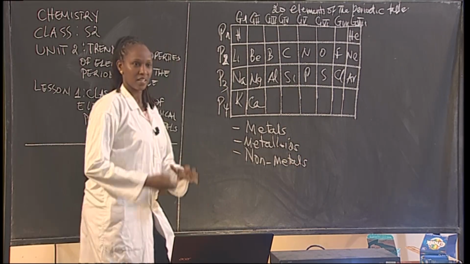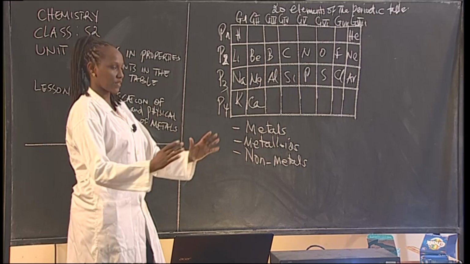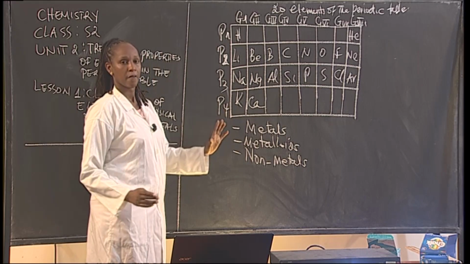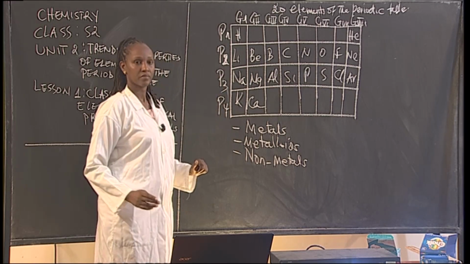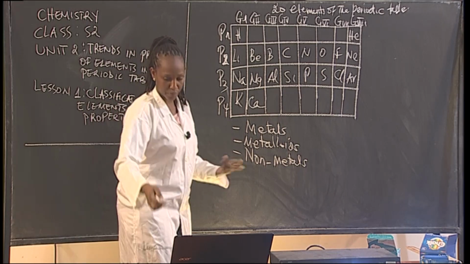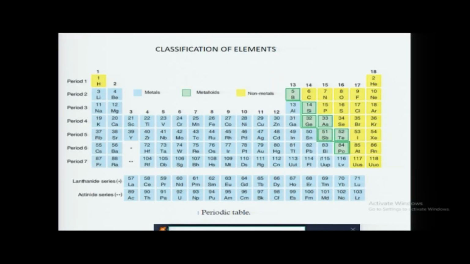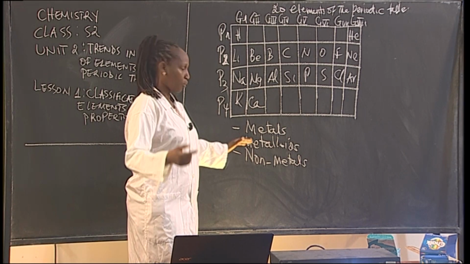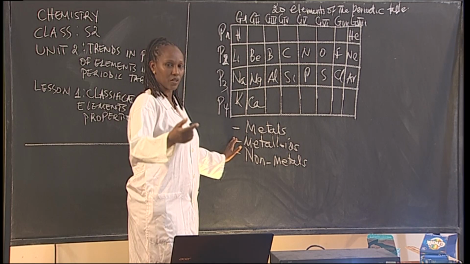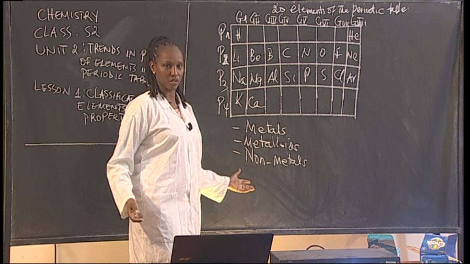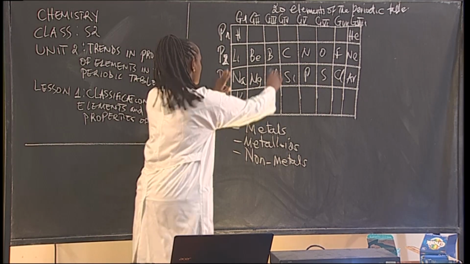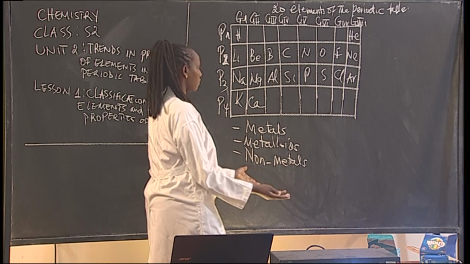Right? This is how we classify these elements here on the periodic table. Even on the other periodic table of these 18 elements, we put them in 3 categories or 3 classes. Where do we find the metals in the periodic table? Where do we find the metalloids? And where do we find the nonmetals? So when we use this simple periodic table for our level here,